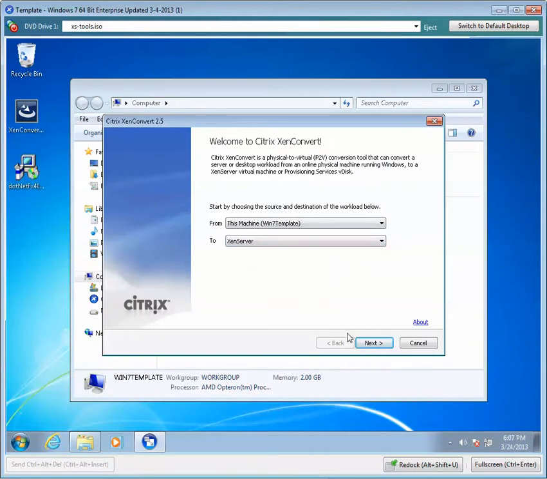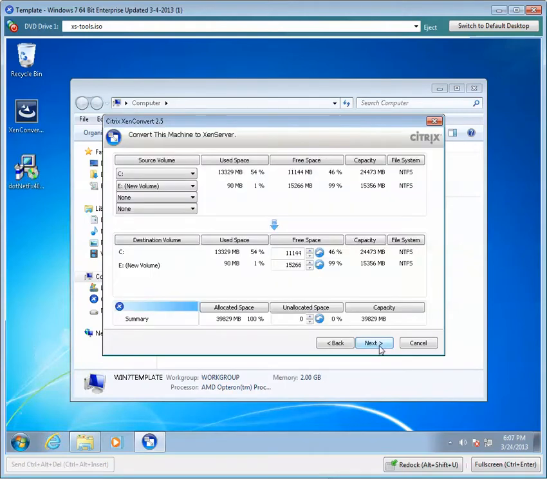Same considerations here. And now you see the new volume that I actually added, 15 gigs, and the free space, as well as our destination volumes. But since this is kind of an empty disk and I just want to do the C drive, I'm going to unselect the E, the new volume that I added. Now we can see that our P2V summary is showing a 24 gig V disk to this 15 gig. So I'm going to cut that space down to